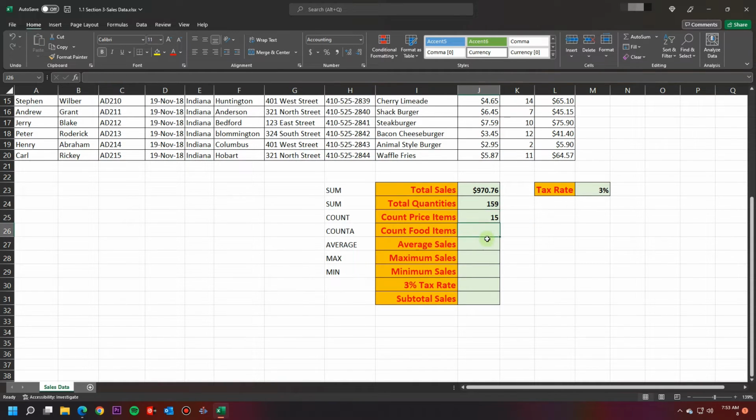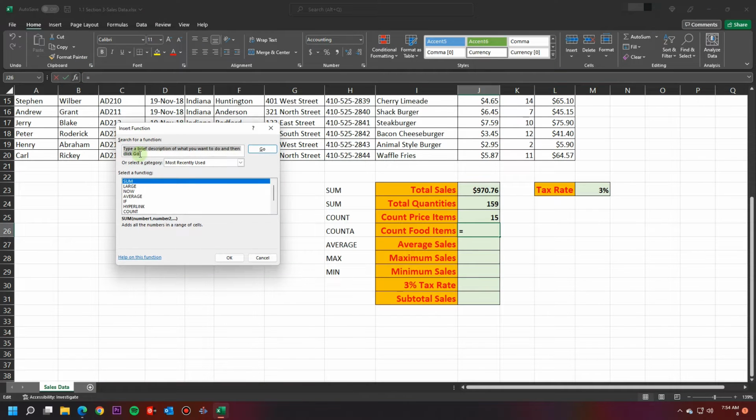Now, when you're counting non-numeric items, as we've seen, you cannot rely on count. So we will use the insert function, and I will just type in count once more. You realize we have a number of formulas that use count. Our preferred formula is COUNTA. This counts the number of cells in a range that are not empty, which means as long as we have a food item, we should be able to